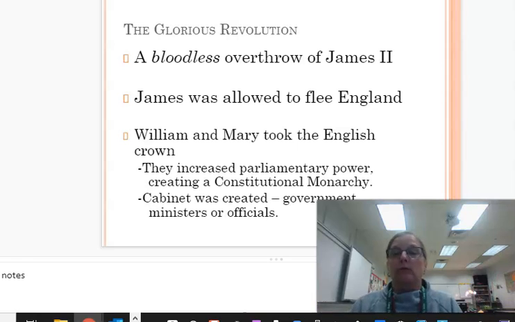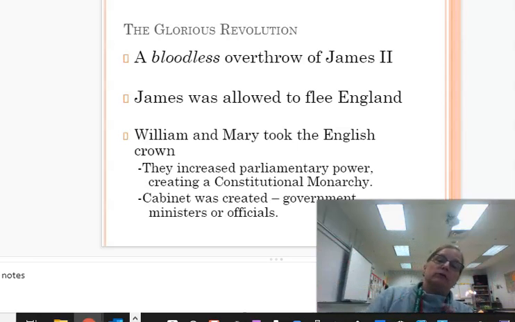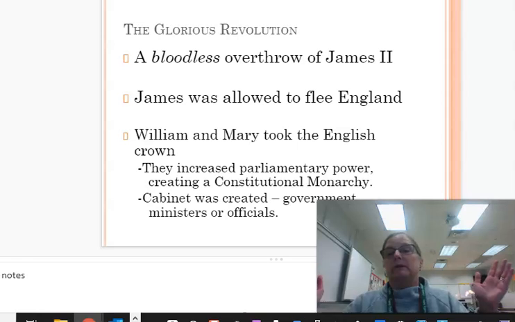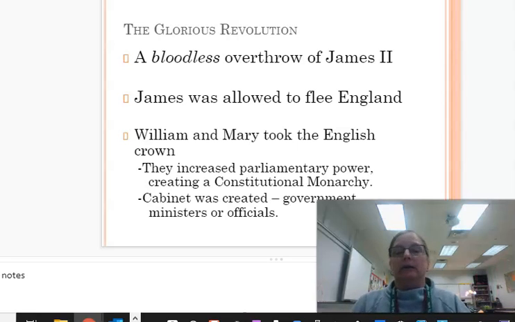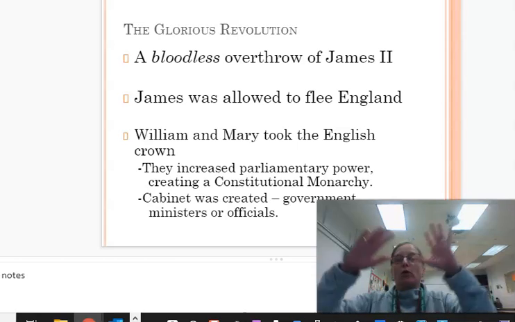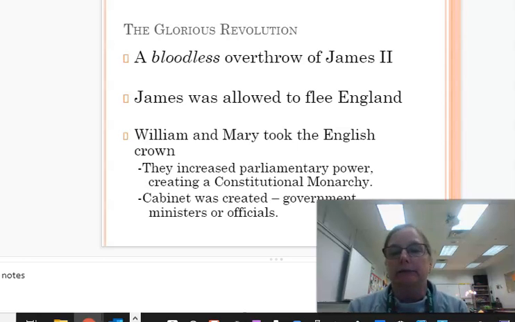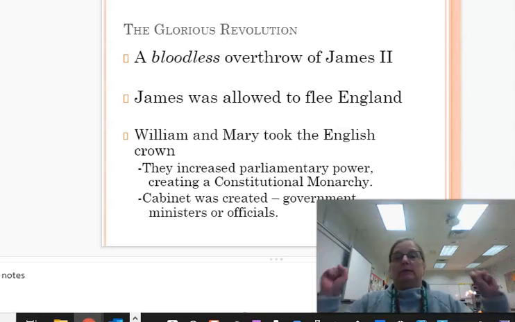And William of Orange gets an army and begins to invade England. James II's like, I saw what happened to my dad. I'm out of here. He flees. So he is overthrown. This is the third event, the Glorious Revolution. The Glorious Revolution is the overthrowing of James II. James runs away. William and Mary become king and queen of England. However, when they agree to this,